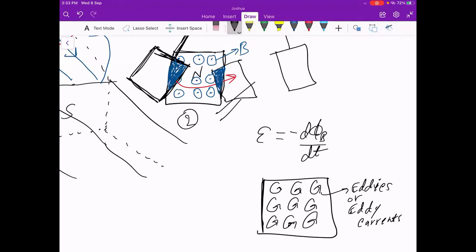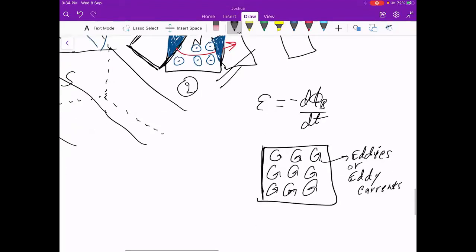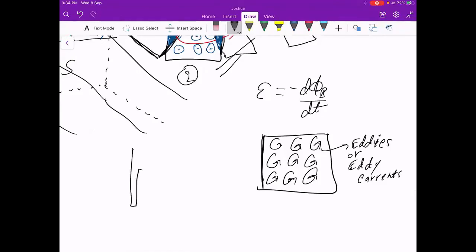Eddy currents are like small circular currents, probably derived from what happens in a river. You have small eddies in water in a river. So this circular current is eddy currents. Now we won't theorize about how or why this happens, but we will definitely learn the benefits and the drawbacks of eddy currents and how to reduce them. So first I'll talk about how to reduce them. To reduce eddy currents, you have to use this finger-like structure.